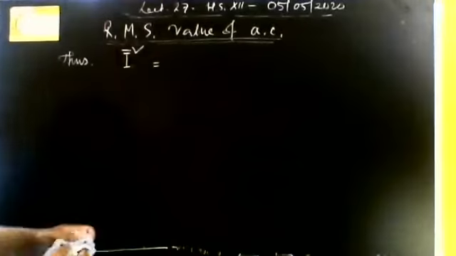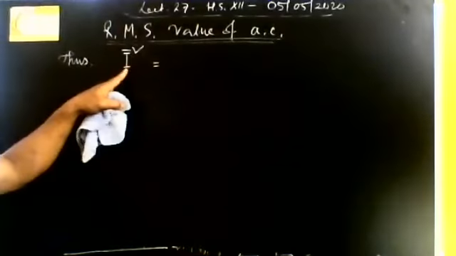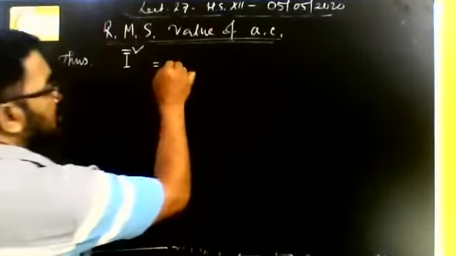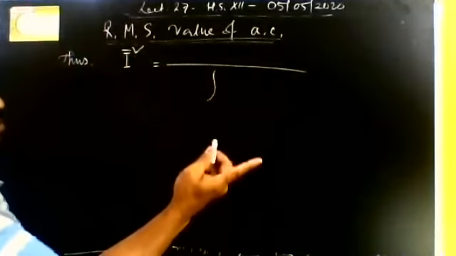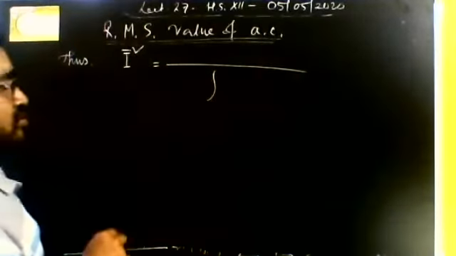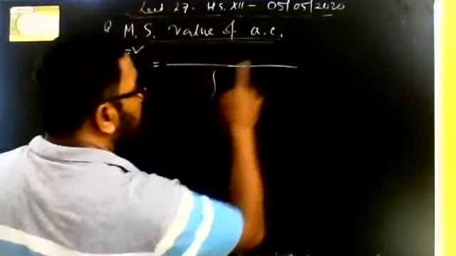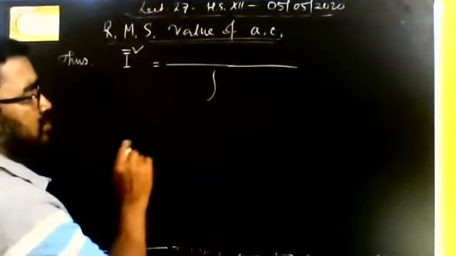So according to the definition of RMS value of current, let us find the RMS value. It is root mean squared value. Mean of the square. We have to find out mean of the square. How to find the mean of the square? In a complete cycle, mind it. In a complete cycle, not half cycle. So we have to find out the mean of the squared value in a complete cycle, right?